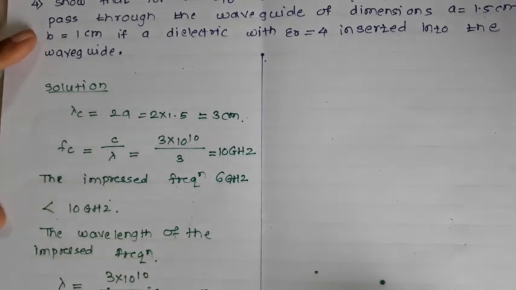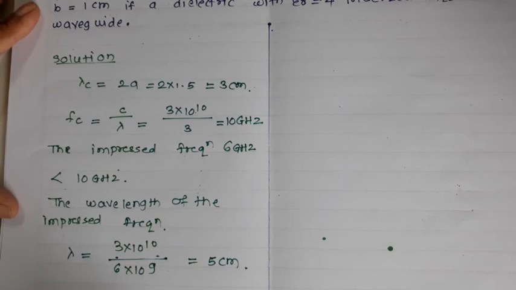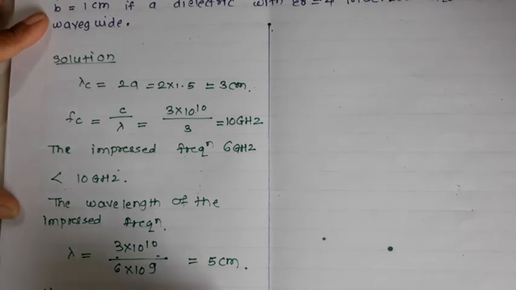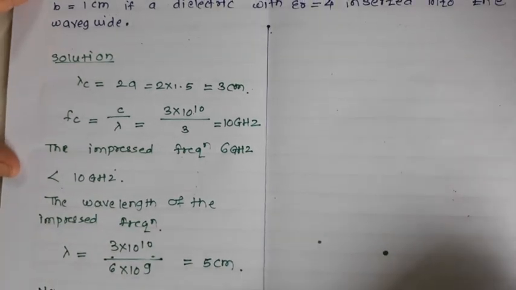Now this is longer than the cutoff wavelength. Our cutoff wavelength is 3 centimeter. Now this 5 centimeter is longer than the 3 centimeter, hence no propagation of the wave. So here you can say no propagation. Now we'll see